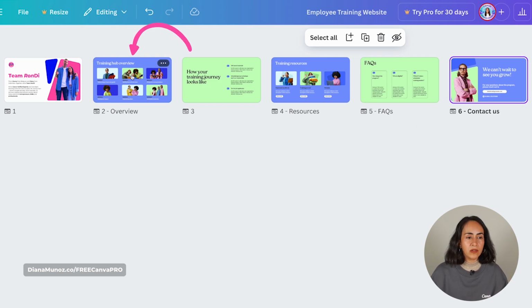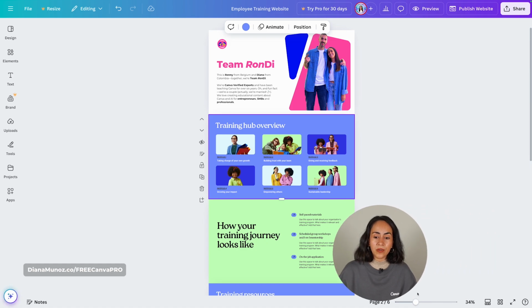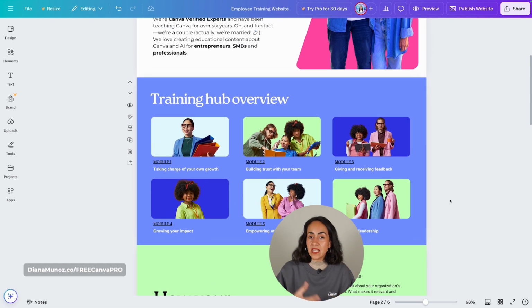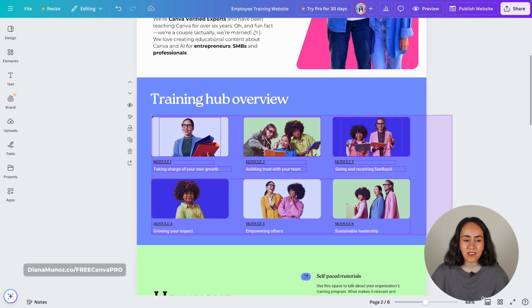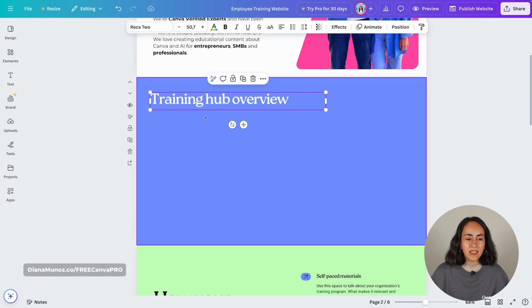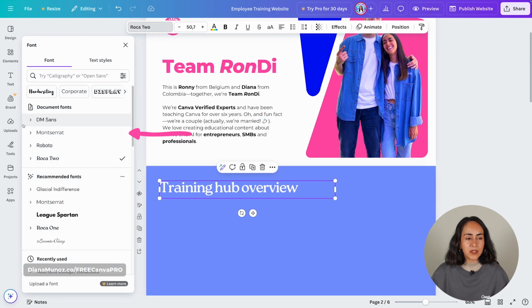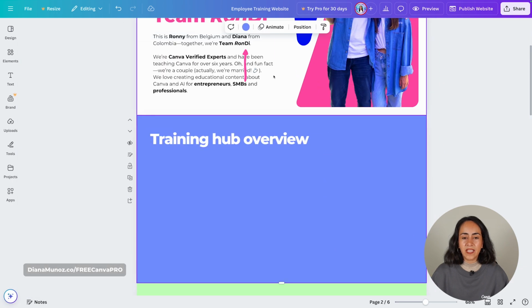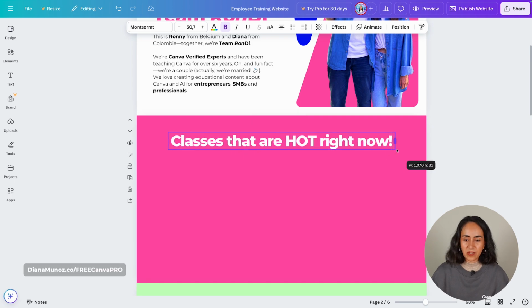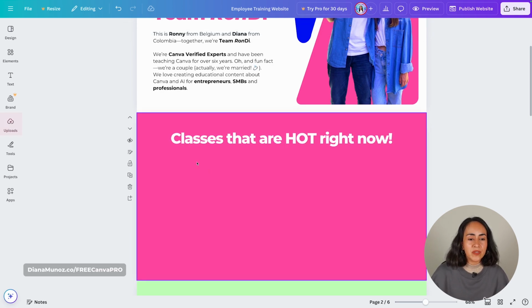sections. So let me go to the second page or second section, and I'm going to show you how you can hyperlink an image, or how to basically add a link to an image. I'm going to delete all of these elements right here because I'm not going to use them, and I'm going to change the font on this title and the color in the background just to make sure that we are on brand. And I'm going to change the copy on this text box,